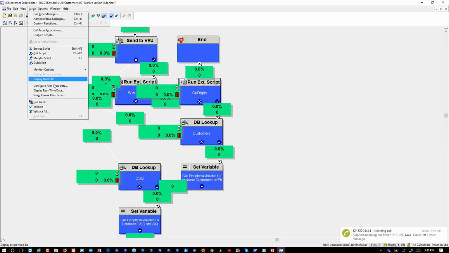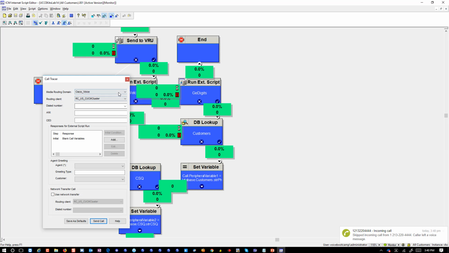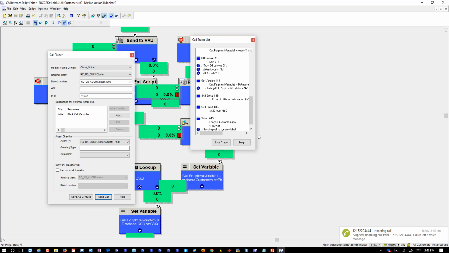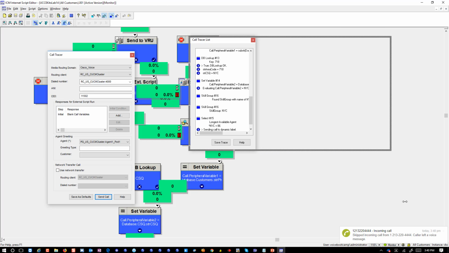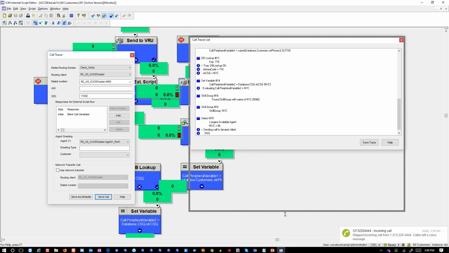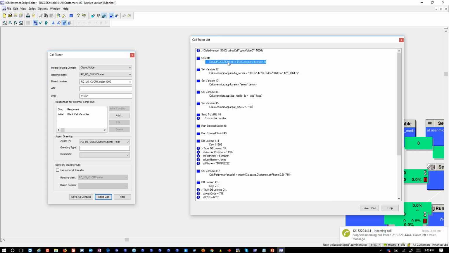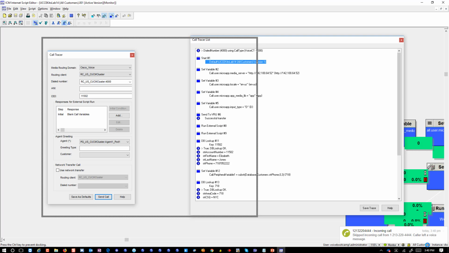Okay, so let's try again. Call trace, dial number 4000, customer dials 11502, agent logs in as pod 1. Okay, so you can see some of the traces right now. So let's analyze them. The call started at this stage right here. Start the call, went through